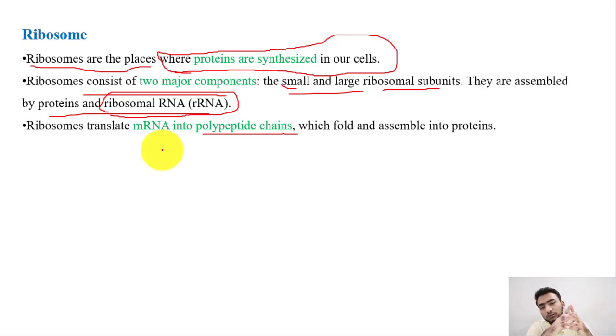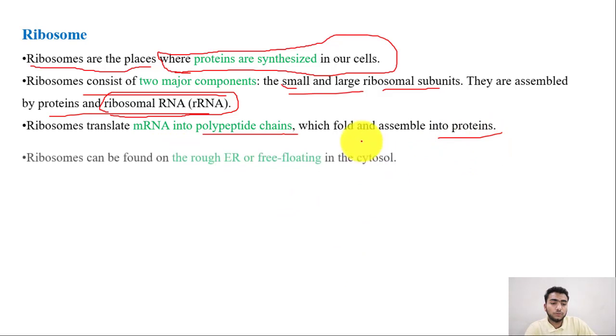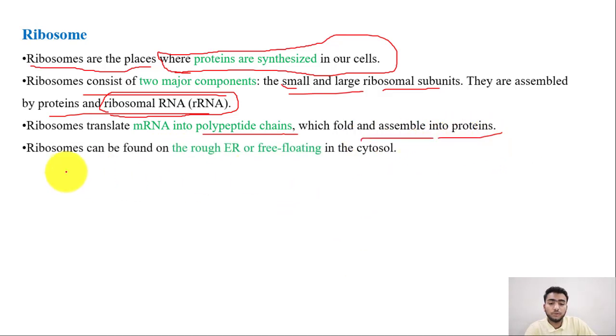So that's the extra bit of information that I'm really talking about right now. Peptide bonds are the bonds that link two amino acids together, and many chains form, and these chains assume various sorts of structure or shapes to form an end product, which is known as a protein in the case of a cell. Really, these are folding and assembling into proteins.